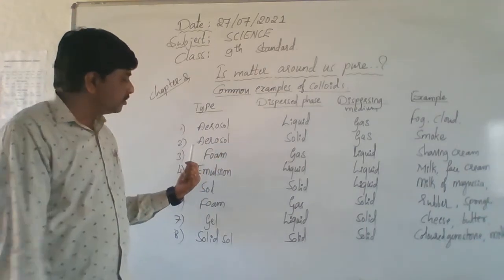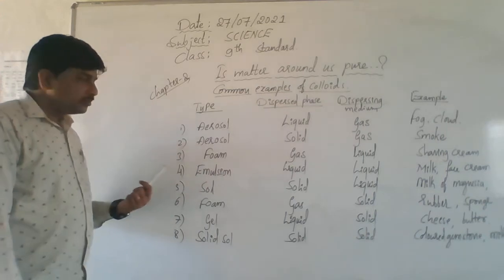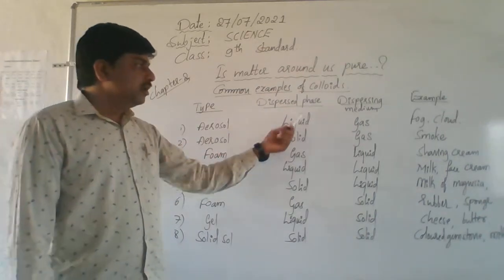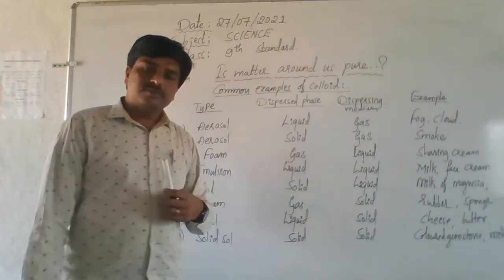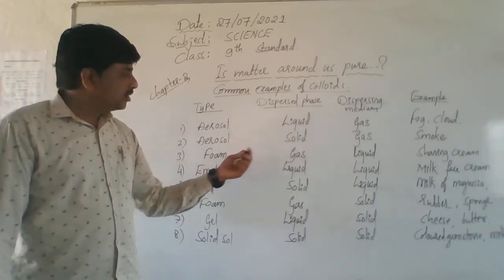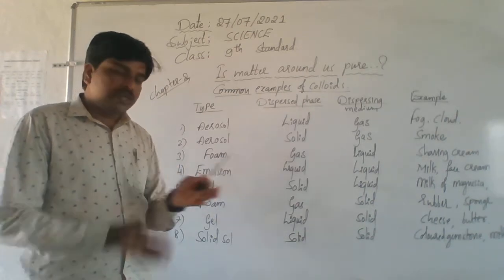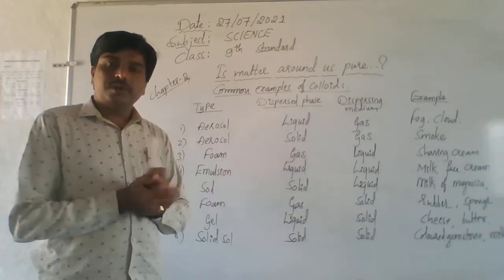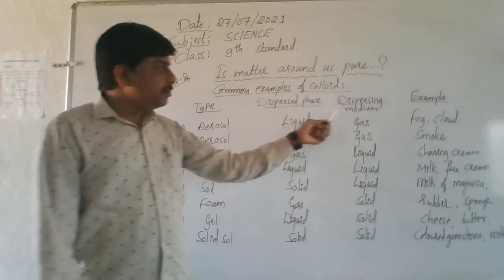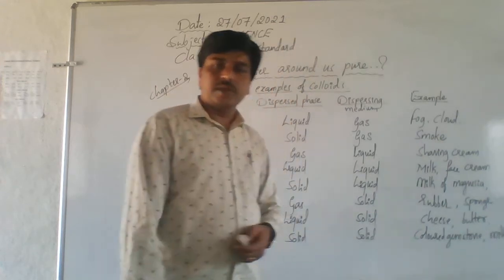Same thing came in the second one. The second one is also an aerosol. Here the dispersed phase is solid. If liquid particles are the dispersed phase, that is the aerosol. Similarly, the second case: here the dispersed phase is solid. So here the solid particles disperse the beam of light, and the medium is the same gas. The best example is smoke. Okay, in the curriculum.